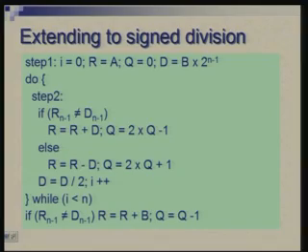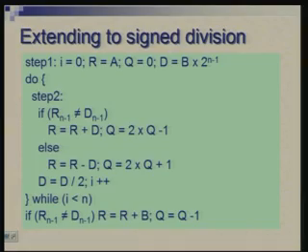I have written several algorithms, and the kind of proof I did using invariants, you should try for a few more, particularly this one. You should ensure that the correct signs are being obtained here. In particular, the remainder should be of the same sign as the dividend, and the quotient would depend upon whether the sign of divisor and dividend are the same or opposite. I leave it to you to ensure that very rigorously.